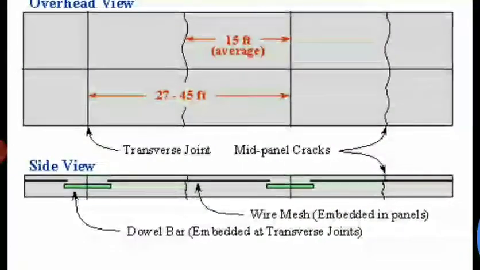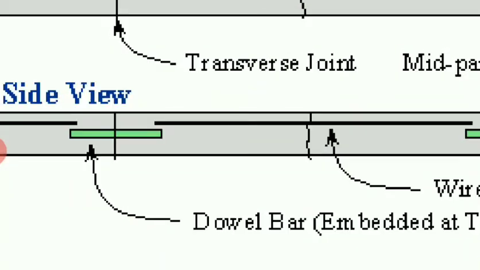So here you can see the dowel bars. Whatever load is developed on these wire joints, the one in black color that you can see, that load is going to be transferred to this dowel bar, which is indicated by the green color, right? So this particular load is going to be applied on these members in this particular way.